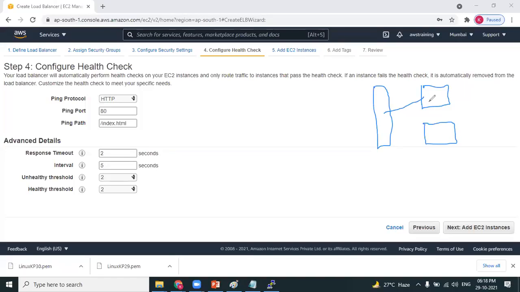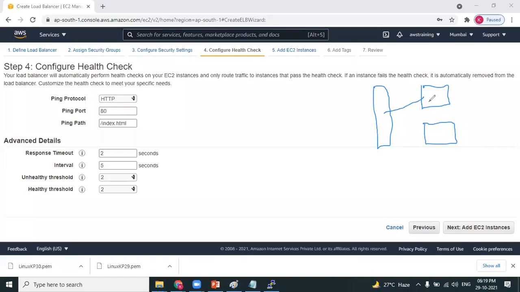So within how many seconds should the load balancer wait? 2 seconds. That's the importance of the first option, response timeout, the waiting time. Should it wait for 2 seconds, 3 seconds, 1 second, 1 minute? What should be the waiting time? I'm mentioning the waiting time as within 2 seconds the EC2 machine should reply. That is response timeout. Clear?